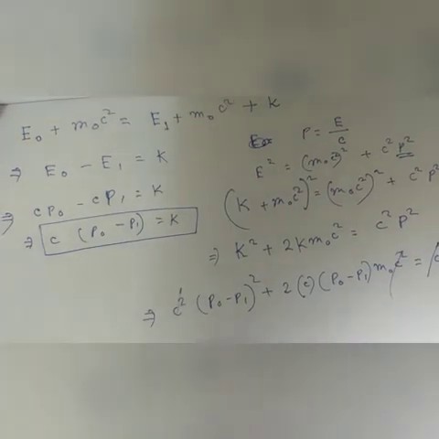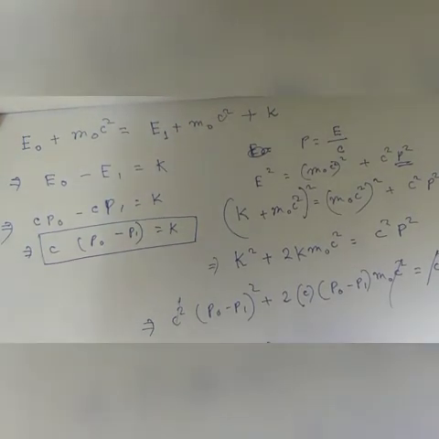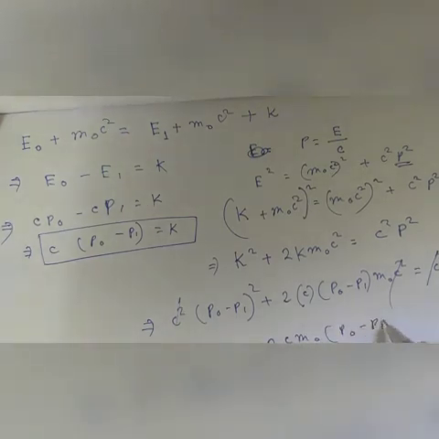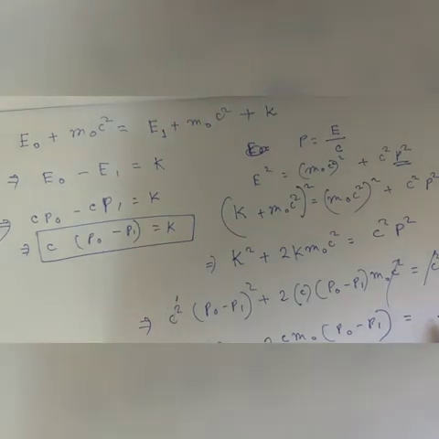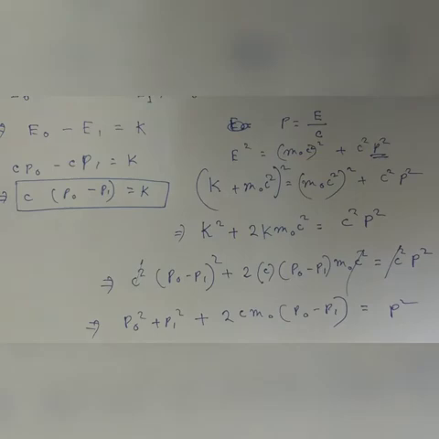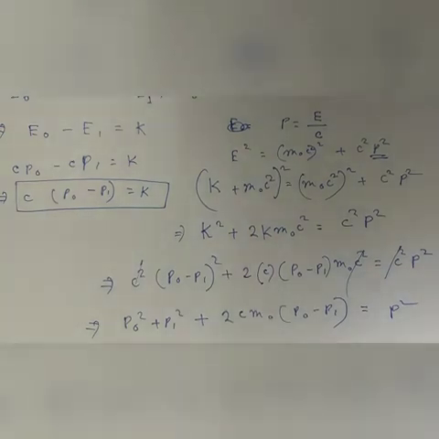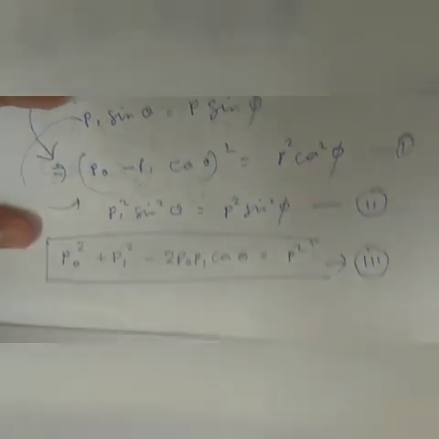Now writing p naught square plus p1 square into 2 c m naught p1 square and p1. This will give, wait, yeah, this is equal to p square. Again we will replace the p square from another time, the p square that we had got from the law of conservation of momentum, that was this term. So we'll write